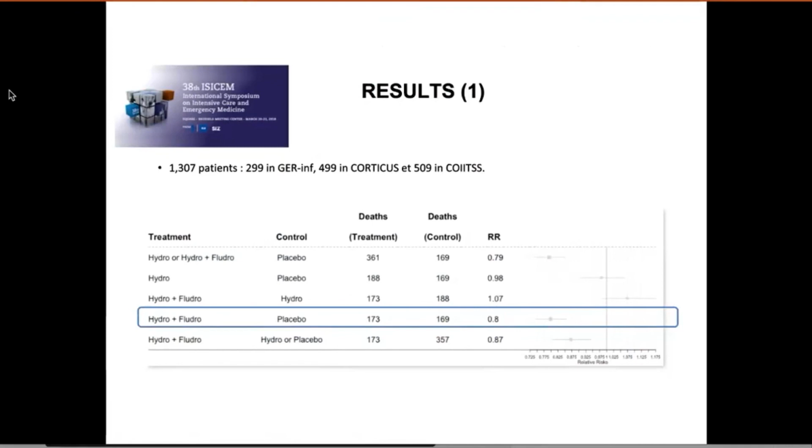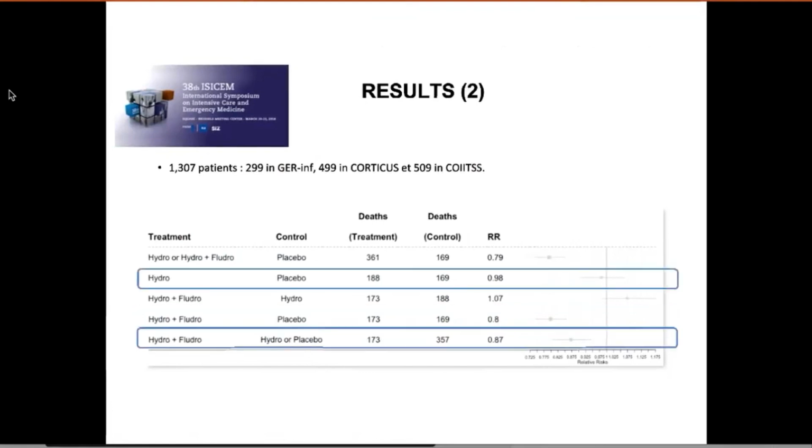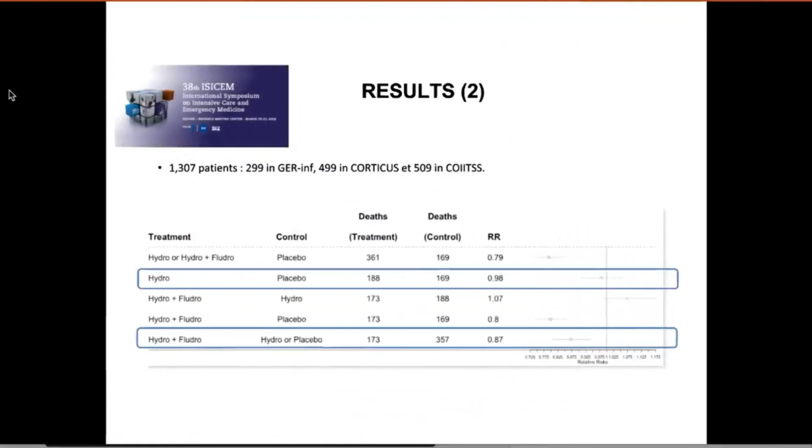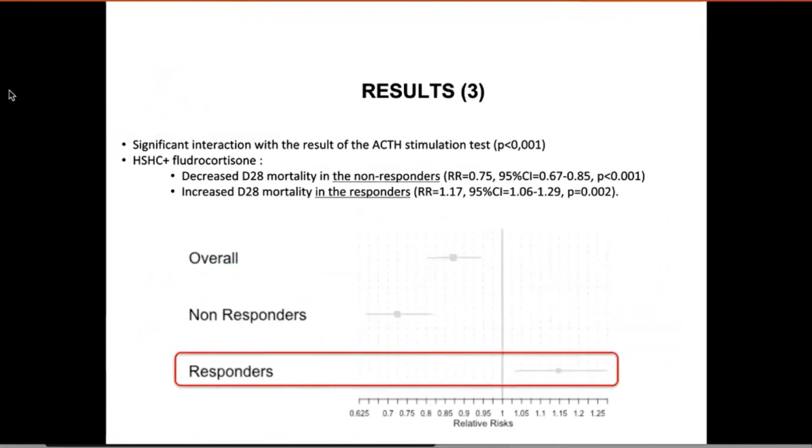One thing that was also nice to see here is that the steroid regimen actually counted. That's probably one of the main reasons why there was a lot of heterogeneity that led to non-significant results in the first place: people were combining all these different treatment regimens together. And you can see on the next slide that when we compare one treatment regimen to another treatment regimen, the difference is no longer significant. Next slide.